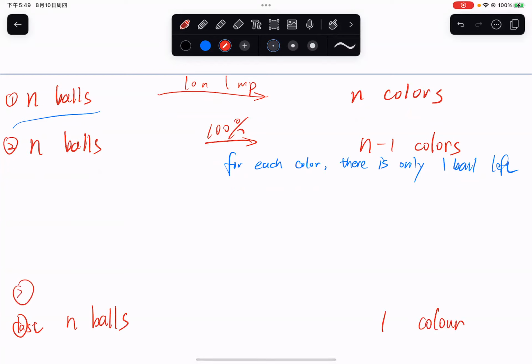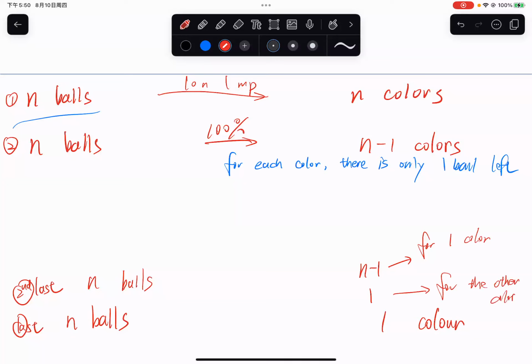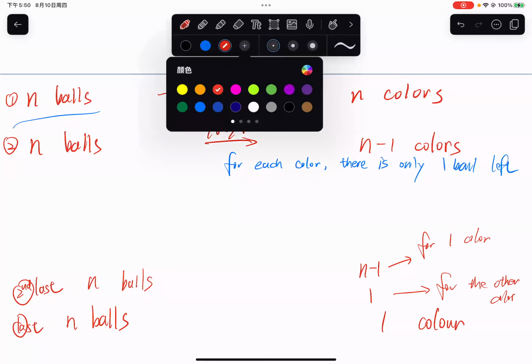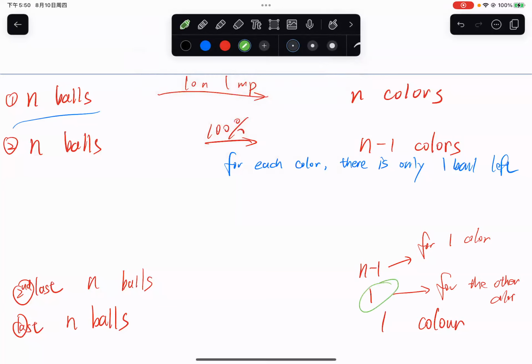So our second slot is going to be what? We have n balls, while we have n minus 1 for 1 color, and 1 for the other color, right? And can you find something interesting? That is the only thing we need to care about here. The only steps among all these steps that we need to care about are the steps where there is only 1 ball for a certain color,